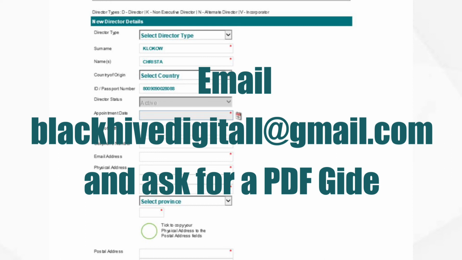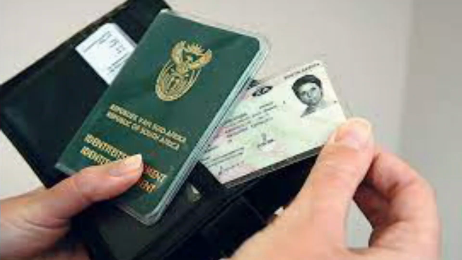And also you have to upload the documents. CIPC does come back to you after a few days, not more than 72 hours, with documents that you need to sign. You need to sign as an incorporator, and you also need to sign as a director. Once you've completed those and you've signed those forms, along with the certified copies of your IDs,